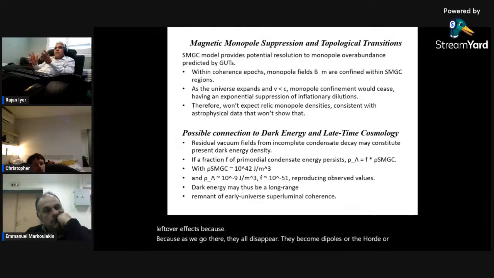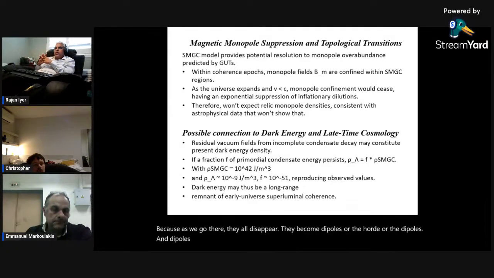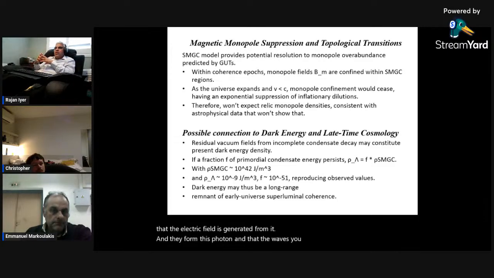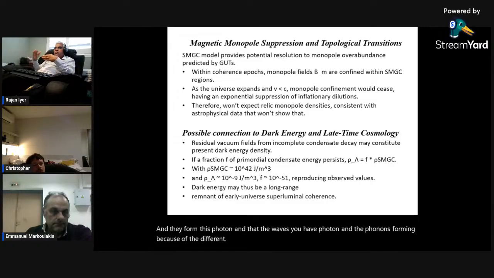And dipoles are the key to photons, right? The photons contain the dipoles, and then the electric field is generated from it, and they form this photon, and the waves. You have photon and the phonons forming because of the different movement of the magnetic field